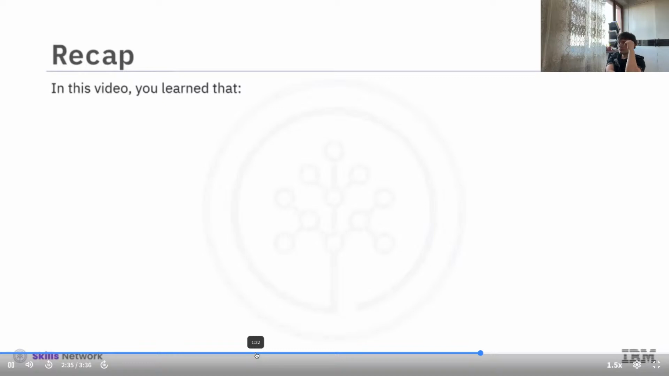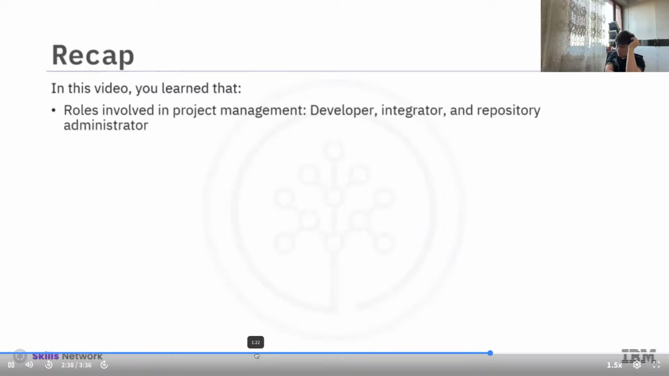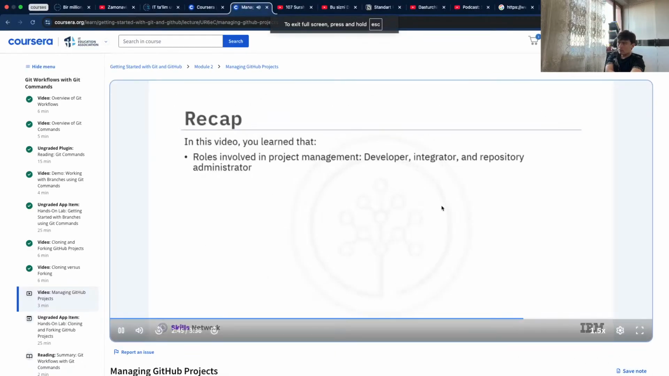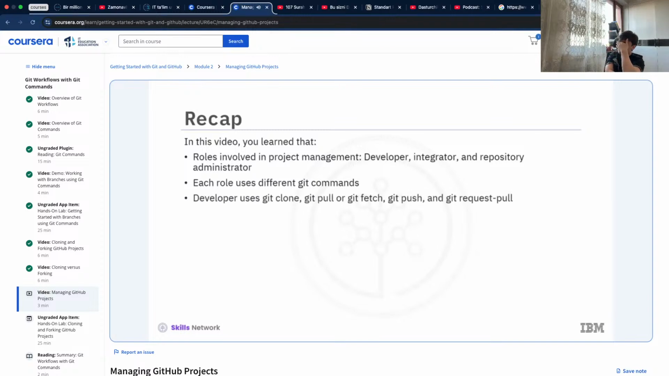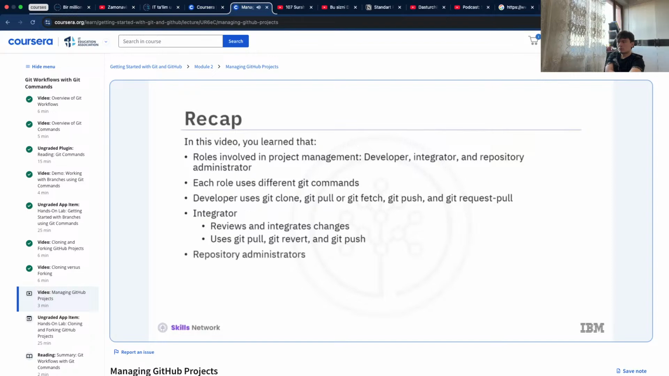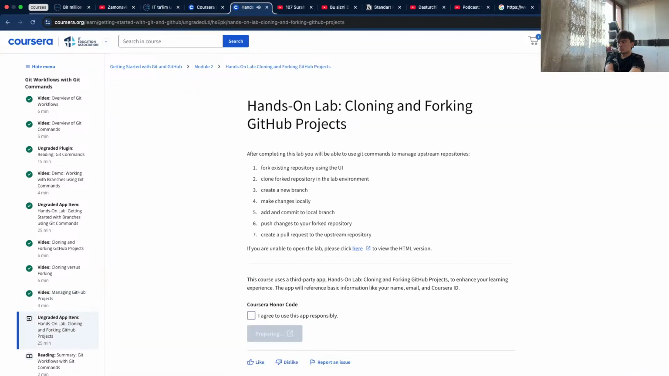Let's recap. In this video, you learn that multiple roles are involved in managing a project: developer, integrator, and repository administrator. Each role uses different Git commands to communicate with collaborators. A developer working in a group project uses commands like git clone, git pull, git fetch, git push, and git request pull, in addition to the ones needed by a standalone developer. An integrator in a group project reviews and integrates changes made by others. Integrators use commands like git pull, git revert, and git push, in addition to the ones needed by participants. The repository administrators structure how the